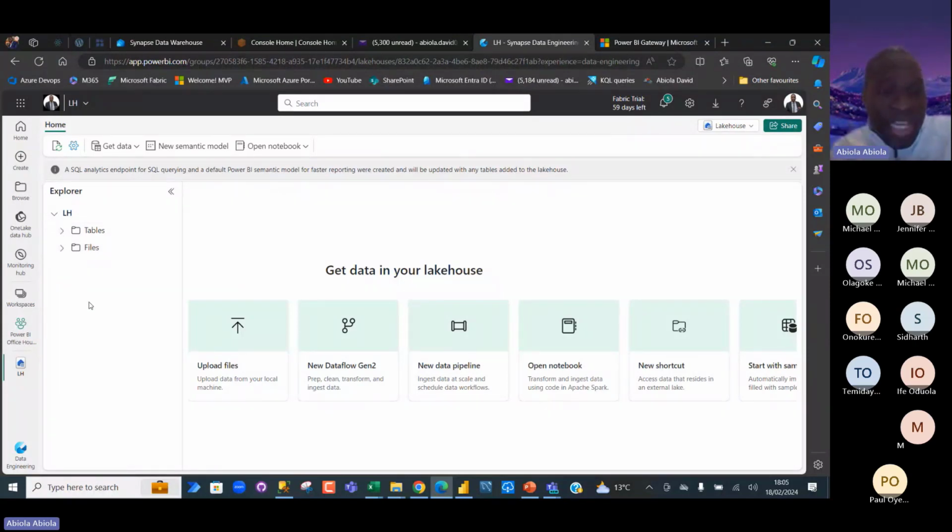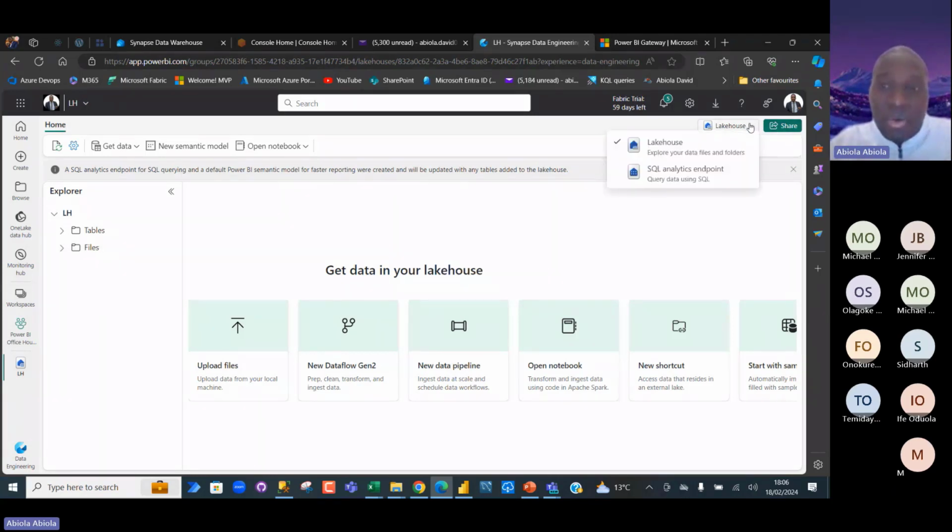Now, this actually brings the concept of the medallion architecture that I talked about earlier. Now, when you get raw data into a file, that's considered as being in a bronze layer. And then when we structure the data, we validate the data, let's say in the notebook, that's the silver layer, and then we have the gold layer where we can begin to perform some aggregations or calculations using the SQL endpoint. Now, basically, we have nothing in the lakehouse created.